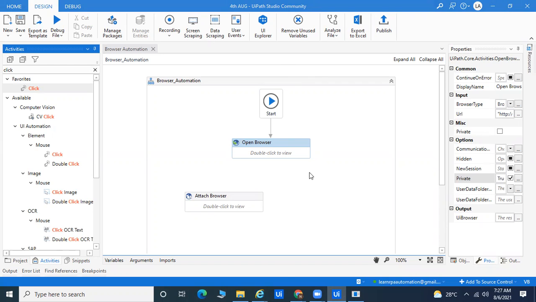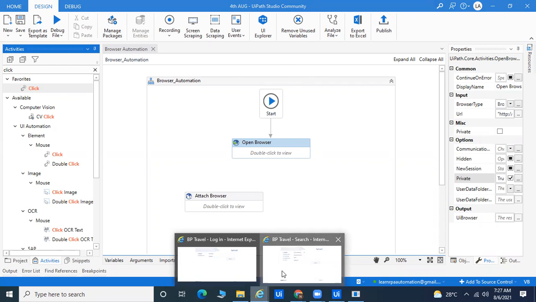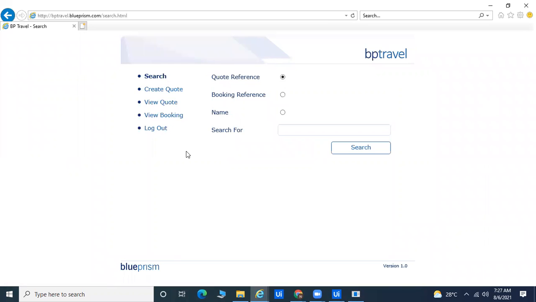First thing. Second thing, if you come to this browser called BP Travel, suppose I have multiple developers, say 10 developers. One time the login screen is completed, so everyone will not go through the login screen. After the login screen, suppose I am on the create code page. If you go to the RE framework also, everywhere, if your login screen is completed, it is not required to go for the login screen again.